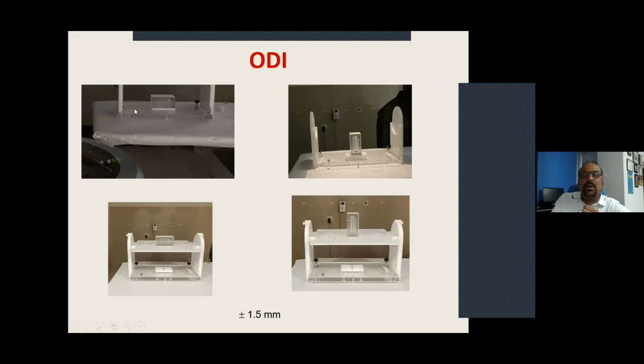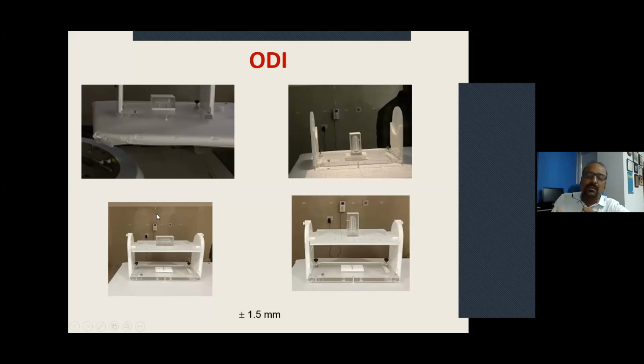If I keep this block horizontally, then it will become 95, and if I put it vertically, then it will become 90. If I keep this over this horizontally, then it will become 85, and if I put it vertical, it will become 80. So you can check 80 to 100, and if you want to check 100 to 110, you just put 100 centimeter over here, then here it will become 105, here it will become 110, and here it will become 115, and here it will become 120.